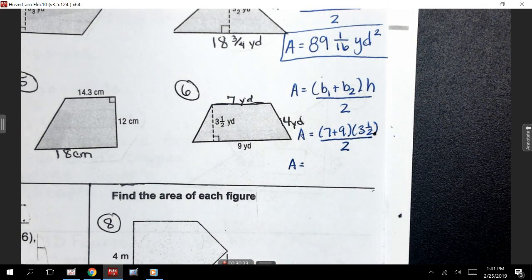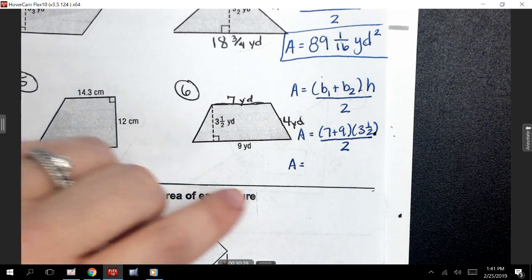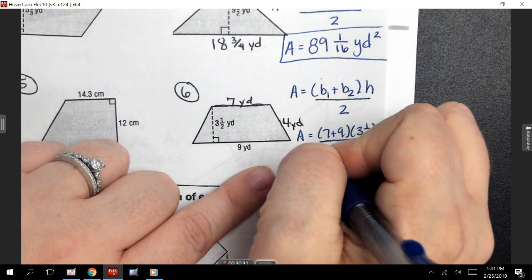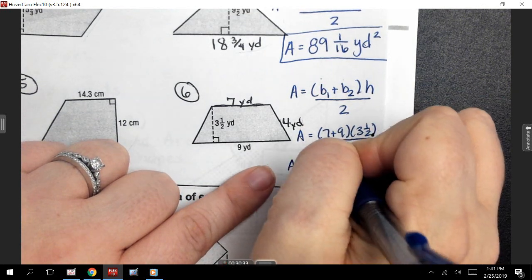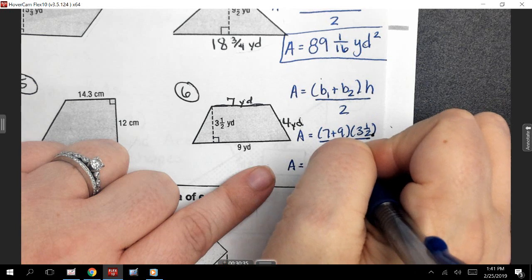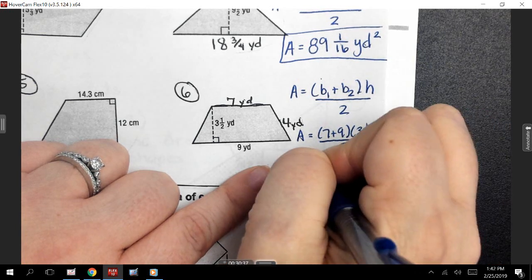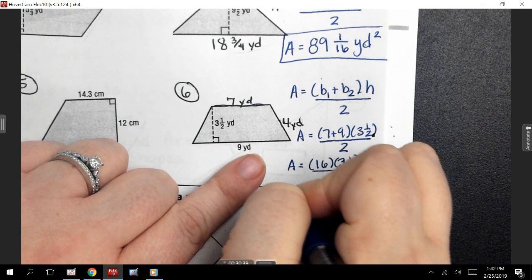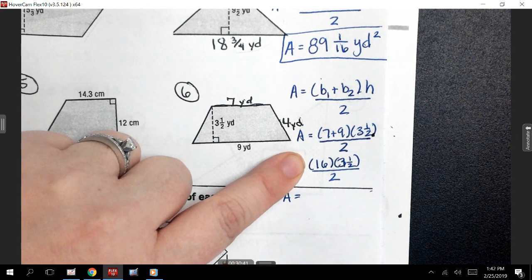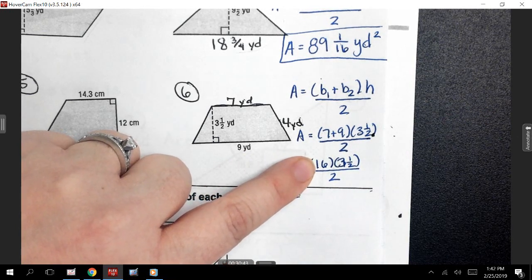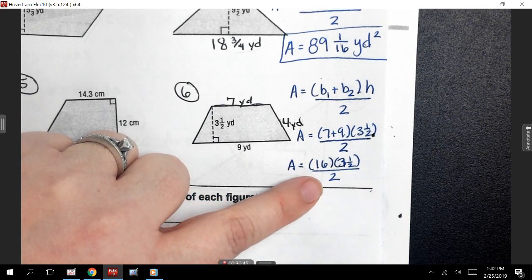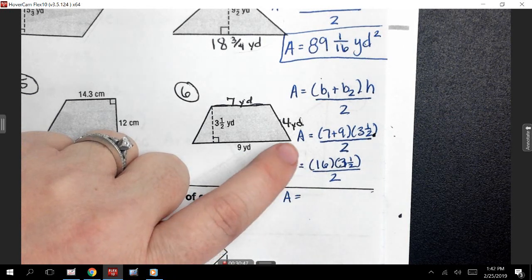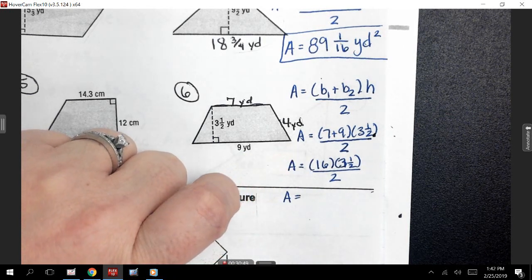What am I going to do first here? What am I going to do first, Chase? Add 7 plus 9. Perfect. And what do we get there? 16. And then I still have my times 3 1/2, and then we still have divided by 2. So when I do my 16 times 3 1/2, push enter, and then divide by 2, what do I get here? What do I get, Jose? 9